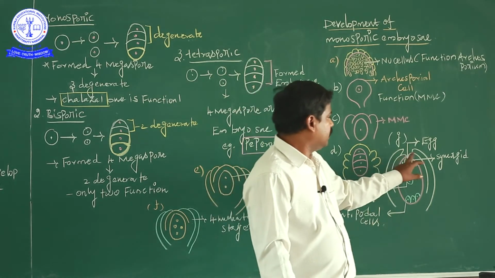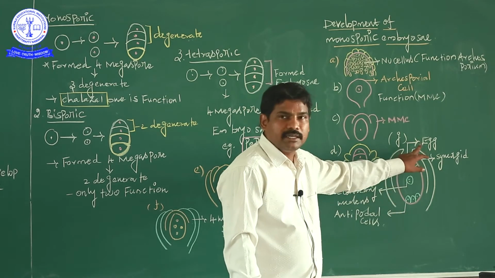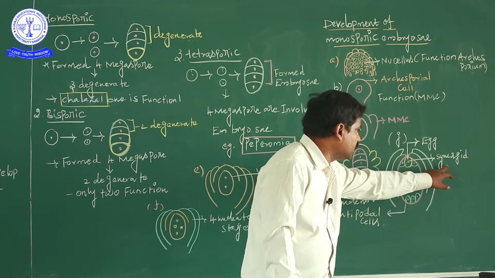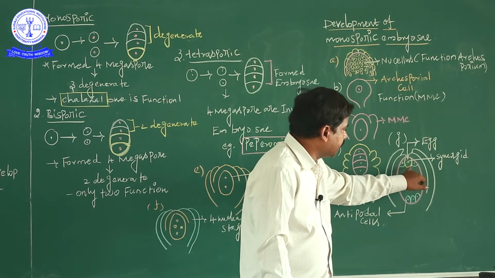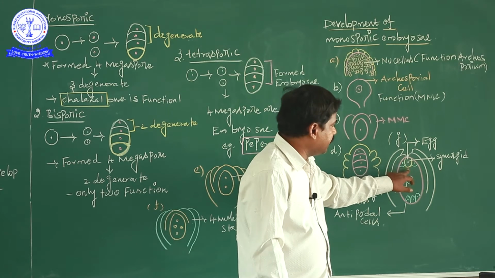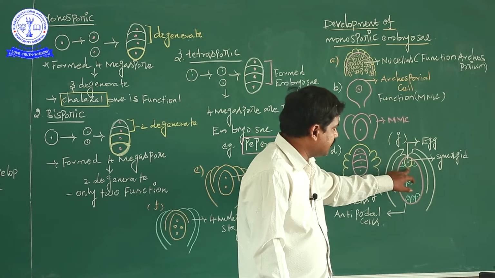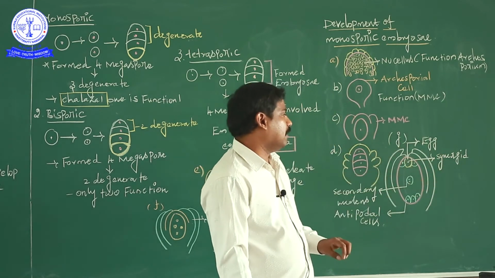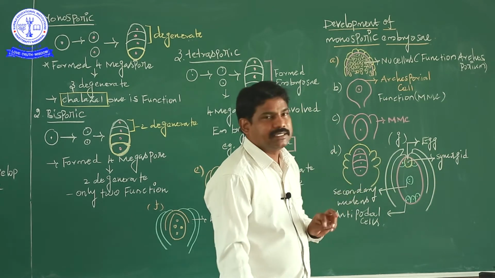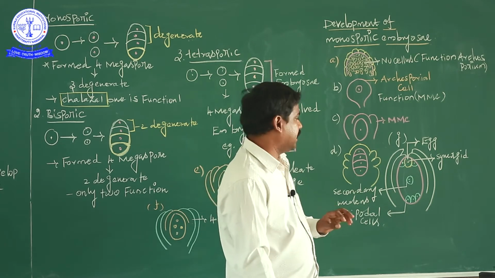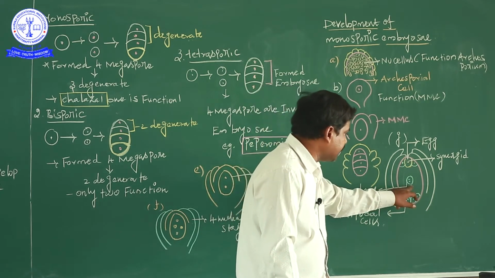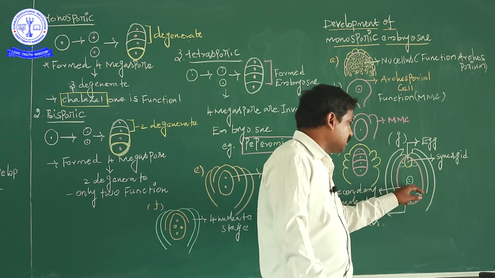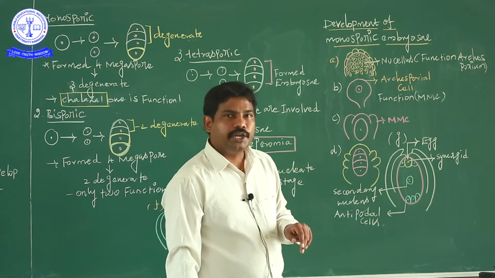The egg is in the embryo sac, and the egg is large. The 2 synergids are present beside the egg cell, and the egg cell is the large one. Together, the egg cell and synergids are called the egg apparatus. The center particle is called the secondary nucleus. The 2 nuclei present in between form the endosperm.